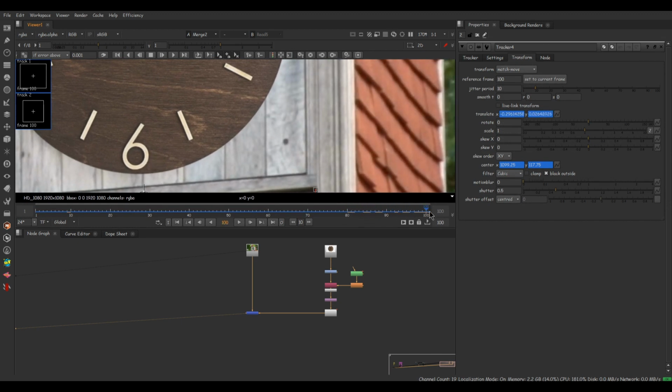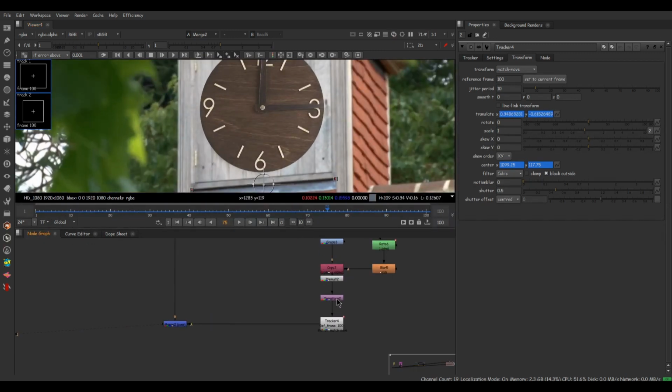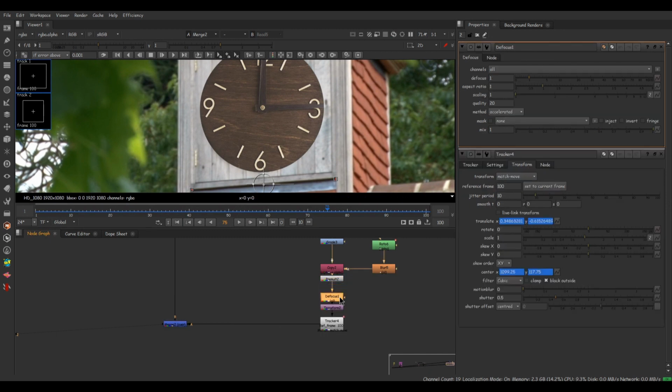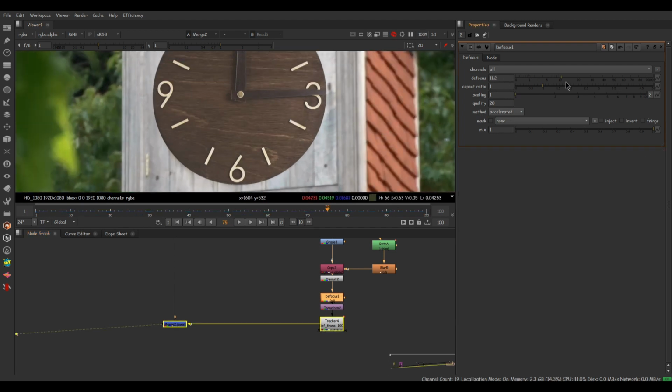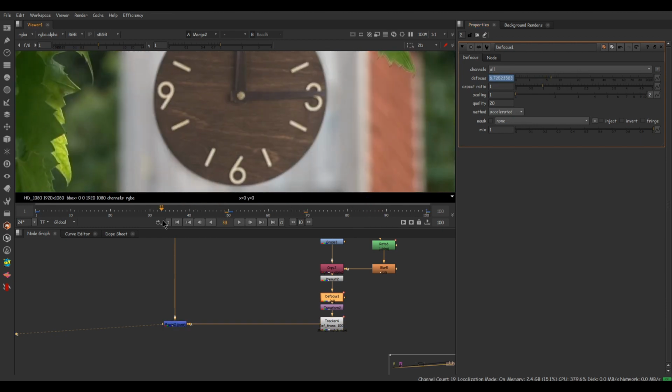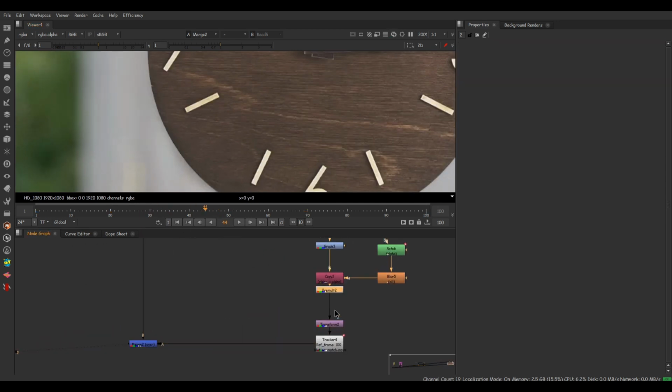But as you see, our defocus is not matched. So our next task is to match that. There are lots of tools for doing this. First, let's take the defocus node which is there in Nuke. You can see the properties here and it's easy to play with these settings. I'm gonna place some keyframes roughly, but you can see there are lots of areas where we still needed to keyframe, and it's kind of tough to match defocus by this assumption. I found a way for this and I'm deleting this defocus node.